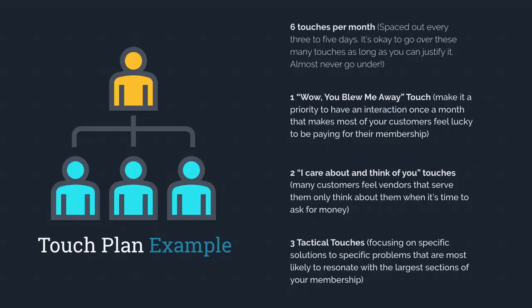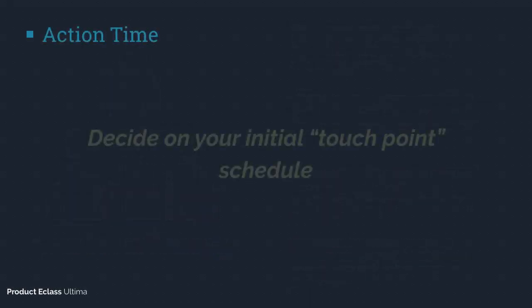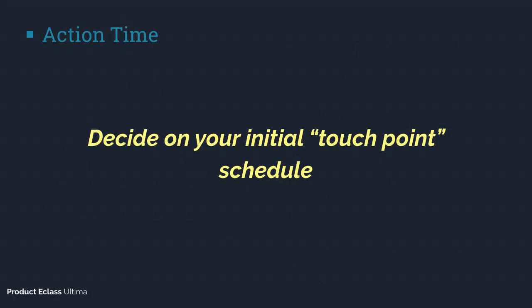And then whatever your deliverables are that you're going to use from the list that I just previously gave you, plus the considerations, this is going to help shape a touch plan that you can initially implement and see how it looks in the real world. So it's action time. Decide on your initial touch point schedule, sketch it out, and this is what you're going to use when you first go out there to implement your continuity program and sell it to the customer. Now, once you create the sketch for the initial touch point schedule, then we have to move on and think about some of the foundational aspects.